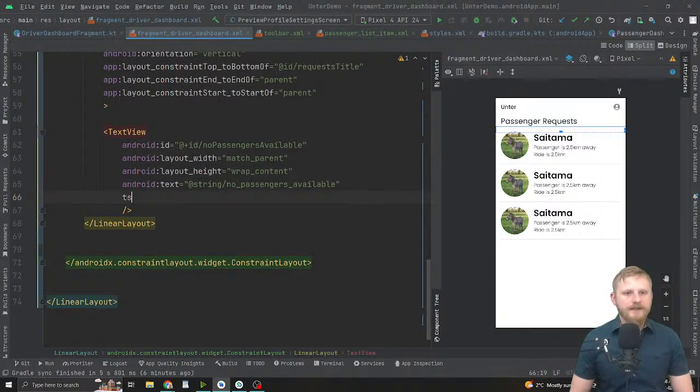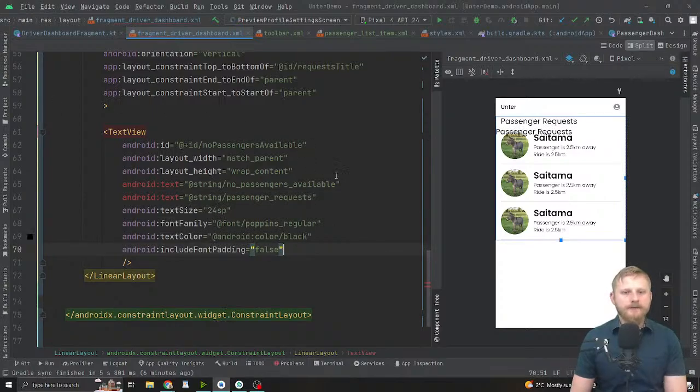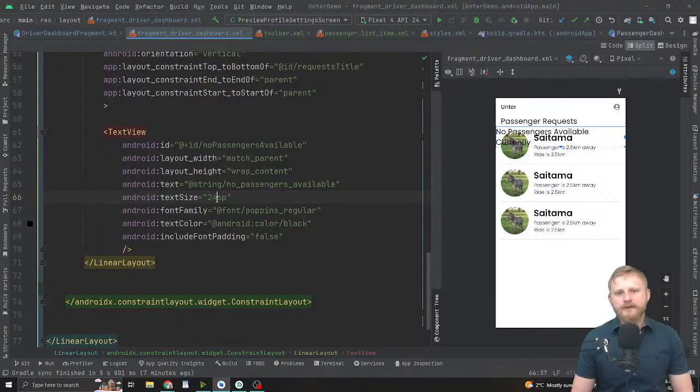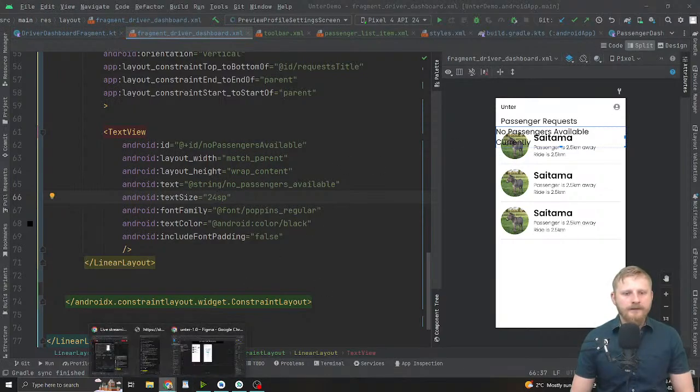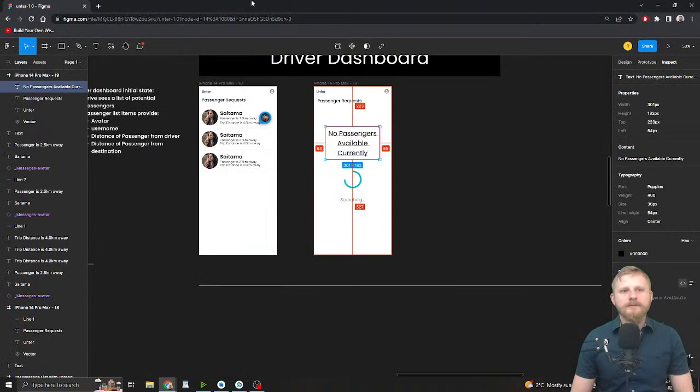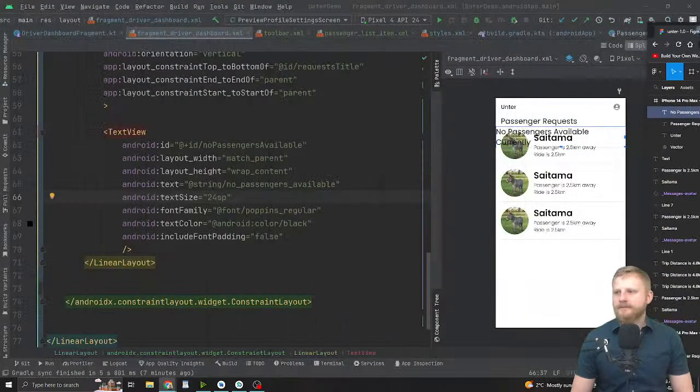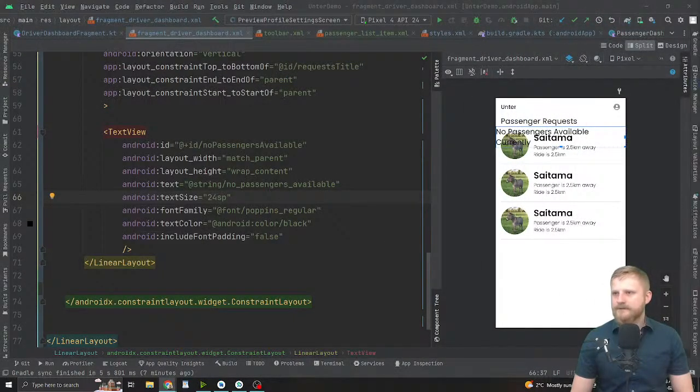We could say TS, and then it adds all the stuff that we want for us. We'll just get rid of that. And obviously we'll have to adjust this, but it just saves having to make a lot of stuff. Okay. Instead of switching back and forth between Figma, I'm just going to bring the Figma design over to the other screen,